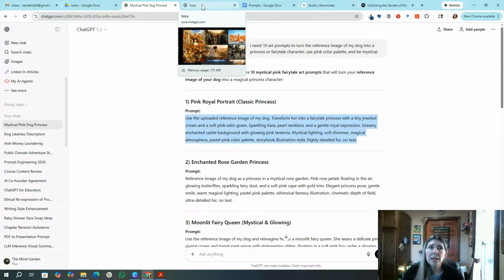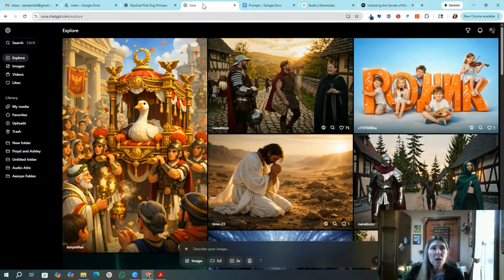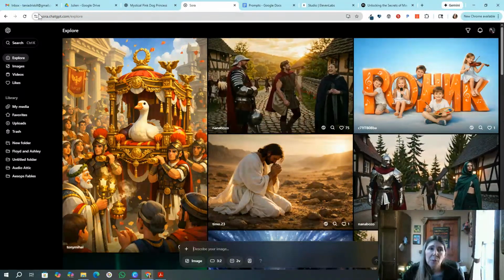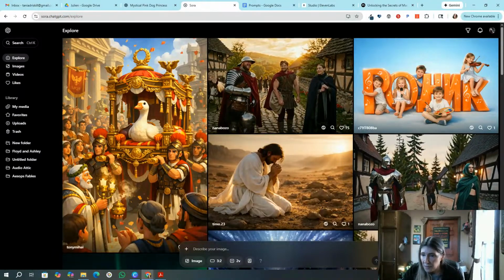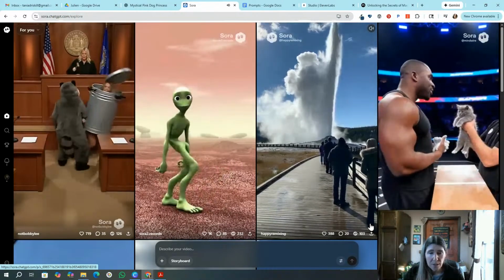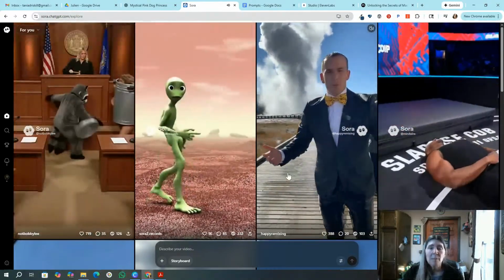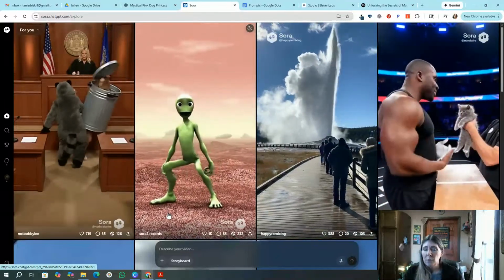Now, Sora is a feature of ChatGPT. It is housed separately, so you do have to type in sora.com, but it is actually a feature of ChatGPT, as you can see here in the domain name. Now, you will probably be taken to the new Sora, which is going to look like this. Now, if you're new to Sora, I hope it doesn't overwhelm you that I'm switching between these, but this is the new Sora.